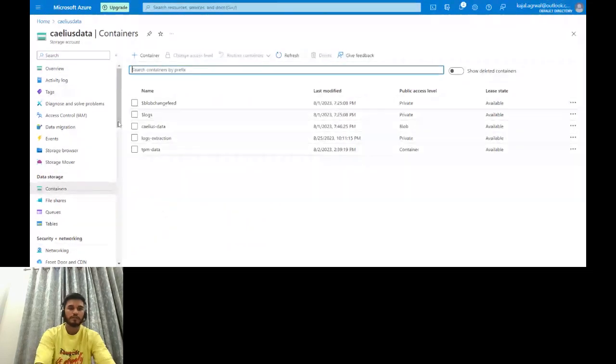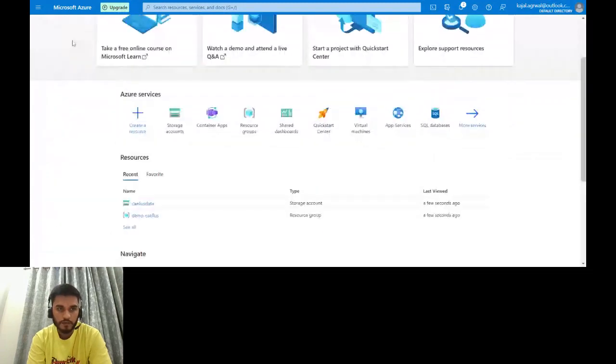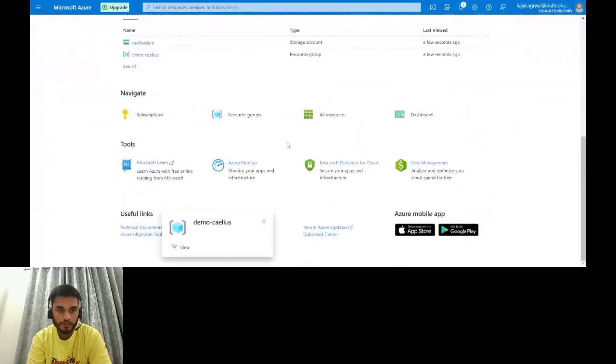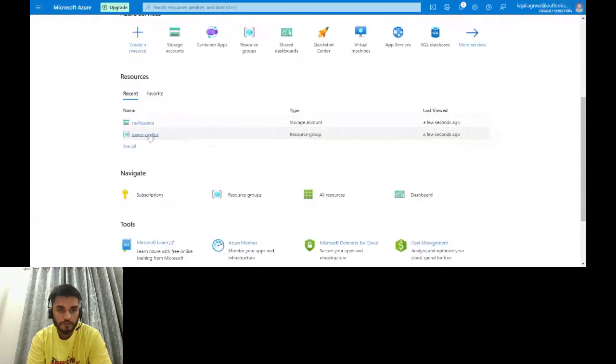So these are the containers that we are using, and I'll be using the log extraction container over here. It's private access. No one can access it unless I give access to that particular person. For now only I have access to this container. This is the access level I'm talking about. And for getting your SAS information, you can use